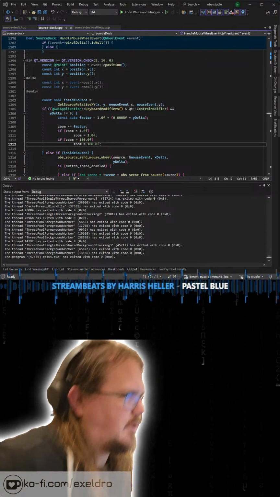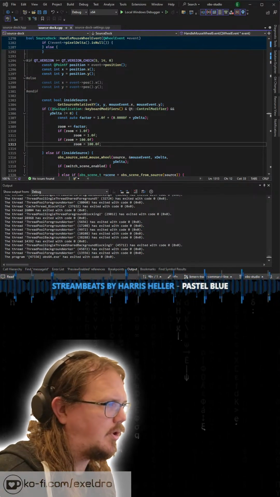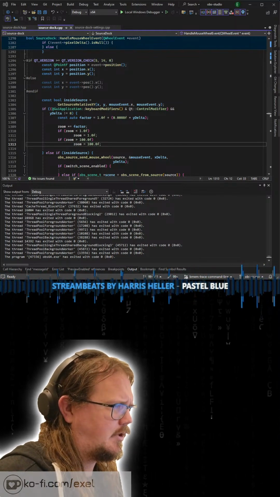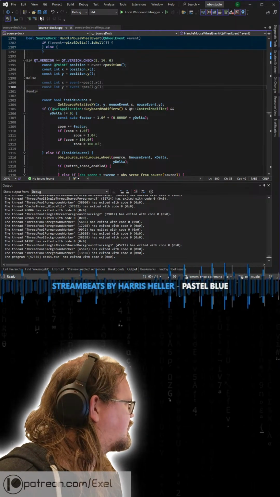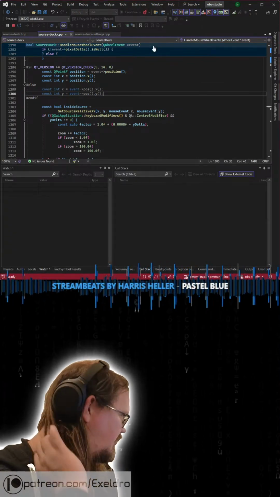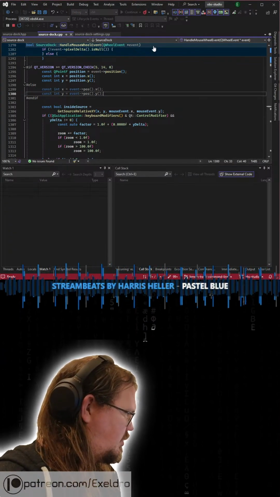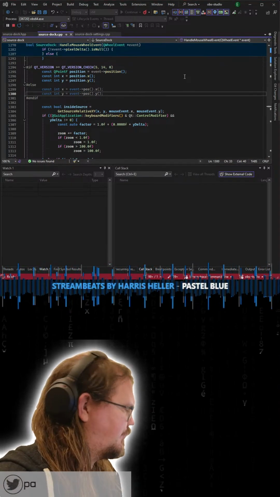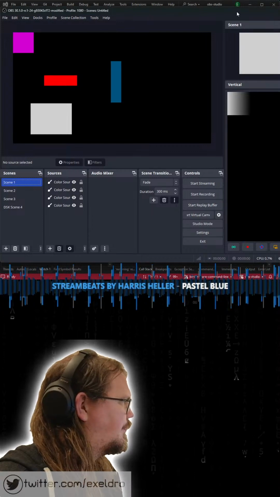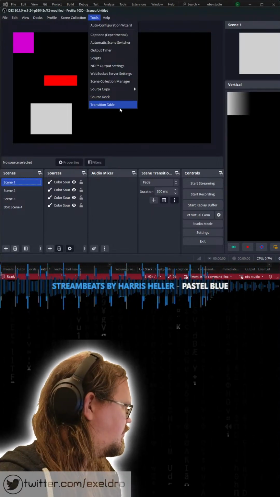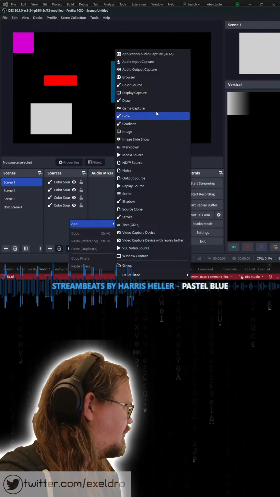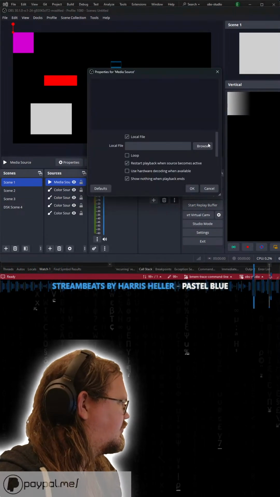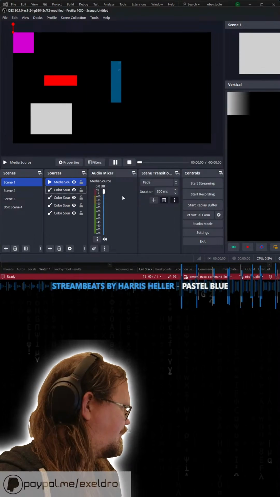Then the next thing I want to be able to make is the Source Dock when we have a media source. Media source, and